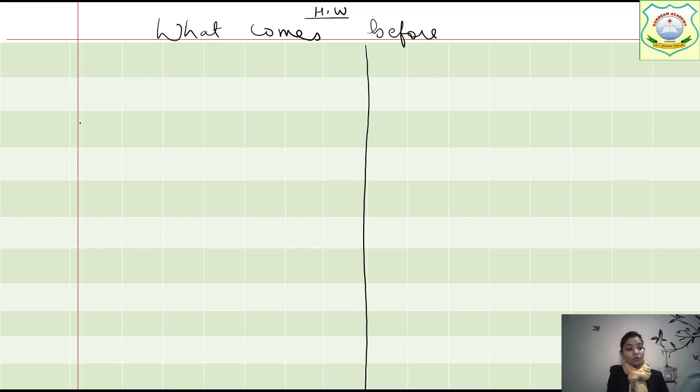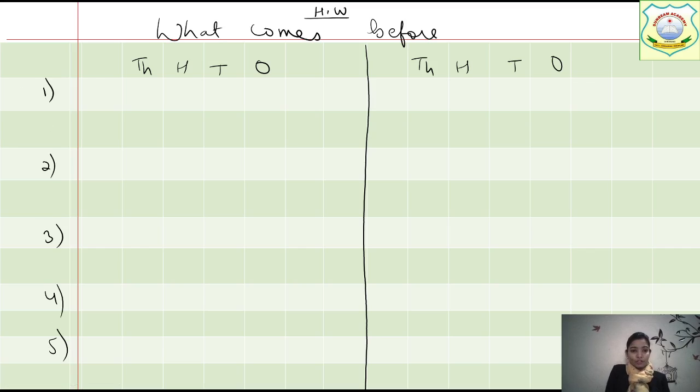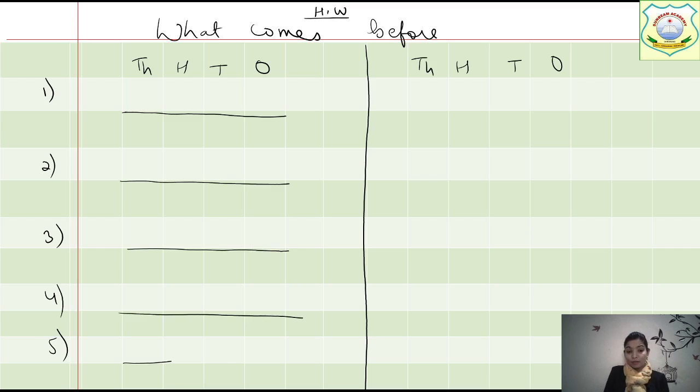Again in the homework also you will be writing the same way: ones, tens, hundreds, thousands, ones, tens, hundreds, thousands, and 1, 2, 3, 4 and 5 questions. Here will be the blank. You will be drawing this line like this with the pencil color, the way we have done the classwork. वैसे ही आप homework करोगे. Now the homework questions are